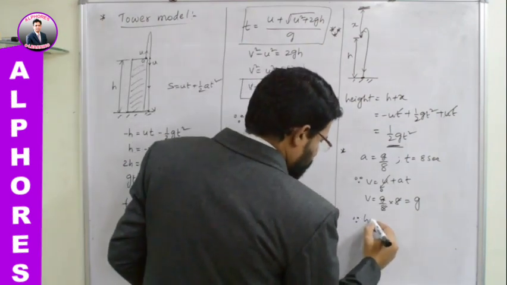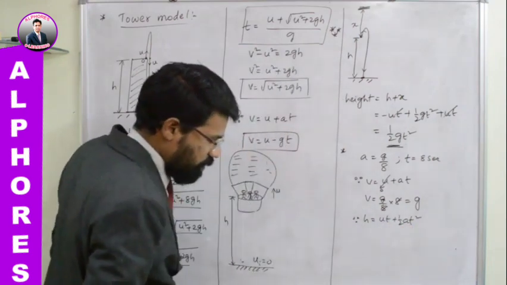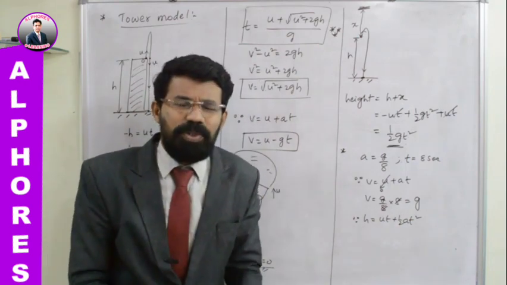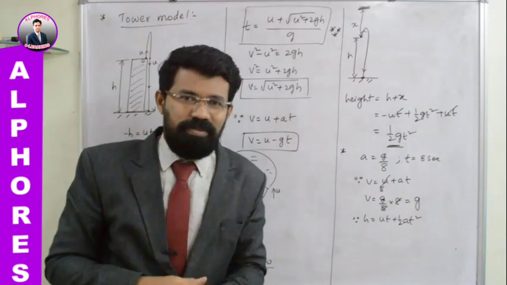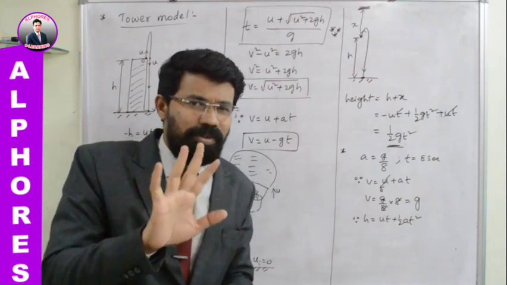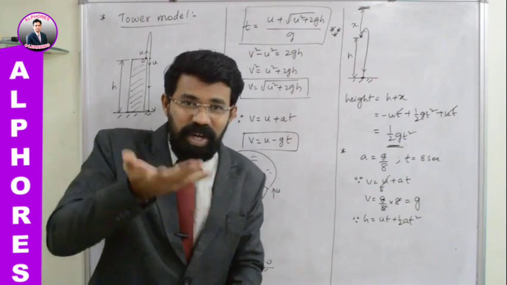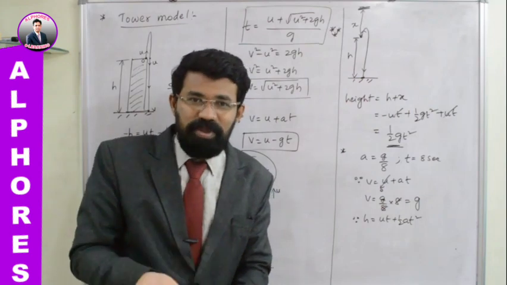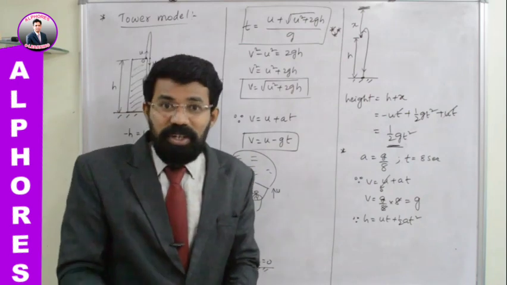Since h is equal to ut plus half at square. Remember children, here I am not going to replace a with minus g, because the balloon is in accelerated motion. Usually if you throw a body, its velocity gradually decreases, so you replace a with minus g. Once you project a body with a velocity u, it is not under your control. But this balloon can be controlled by me. I am inside, I am giving whatever thrust is required, and taking the balloon in accelerated motion. So this situation is different from a vertically projected body.